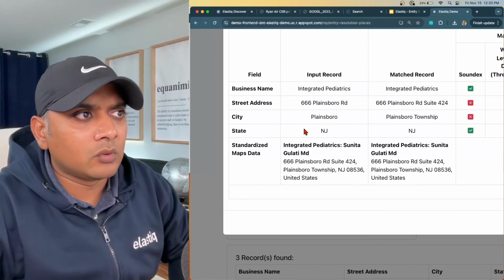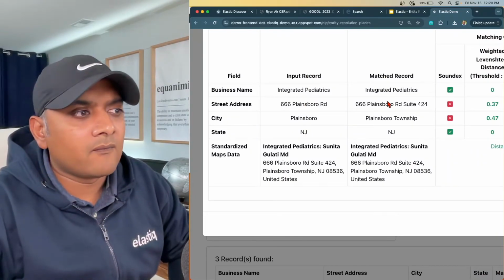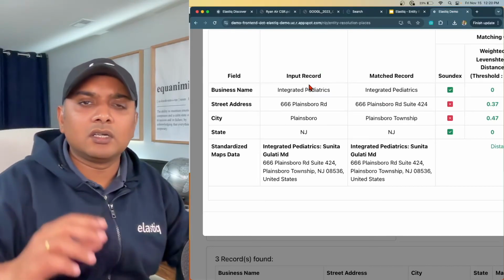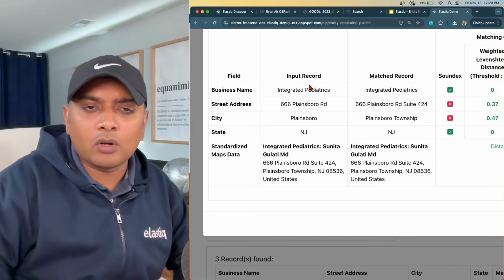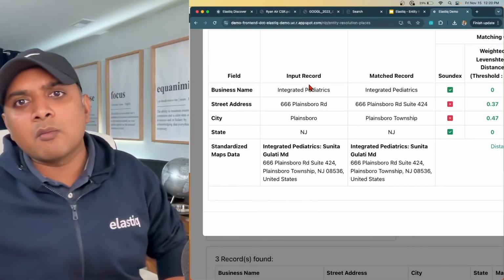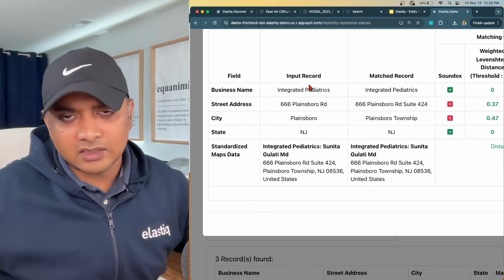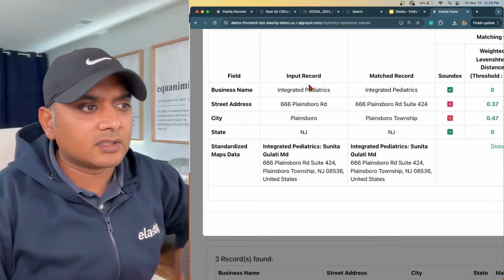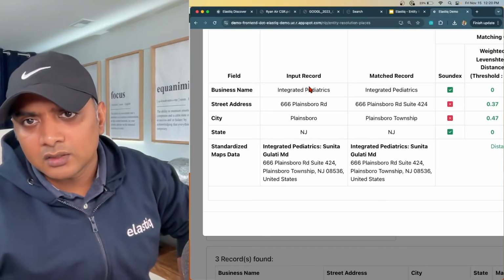So what we're able to do is we're able to take the input record and the matched record and find out what is the Google Maps data. Google Maps is just an example. You can have your own master data, and you can say I want to be able to match this data against my master data and then against my golden record. So you might have two different data sets. So you might have multiple trusted data sources. That's the concept here. So here we trust the golden records, but we also trust the master data coming from